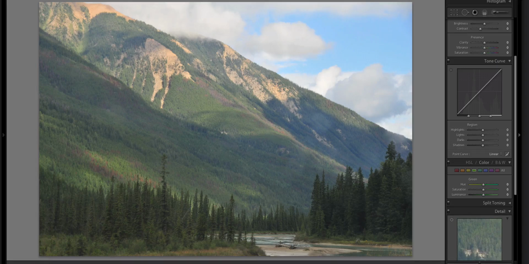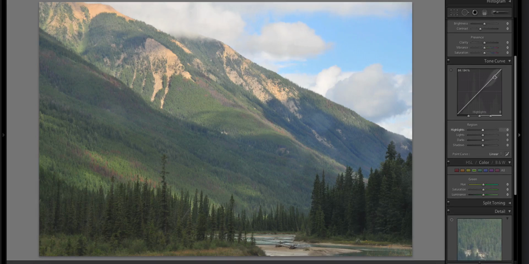Can I improve a sort of average looking photograph that might have a good composition, and put a little bit more excitement into it? So I want to show all of you what I usually do when I come across a photo that I kind of like, but I think I can maybe punch it up a little bit more and have more visual impact. So what I do is